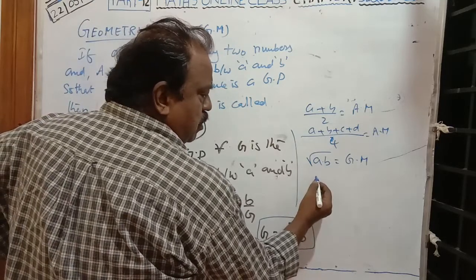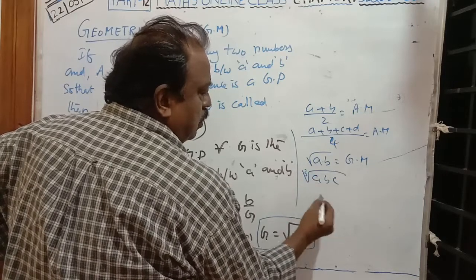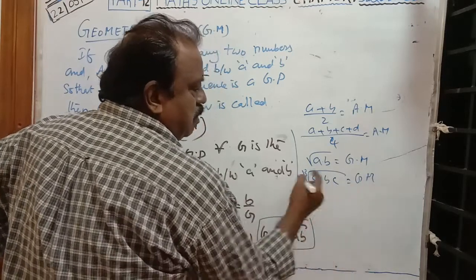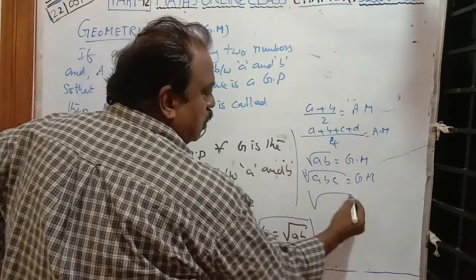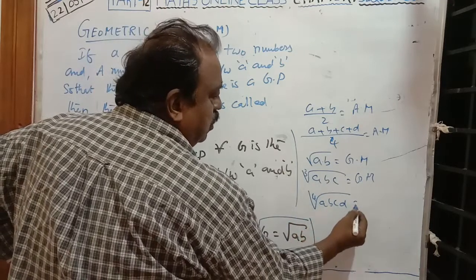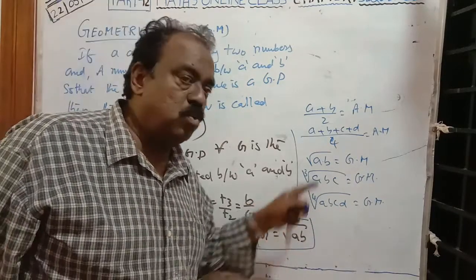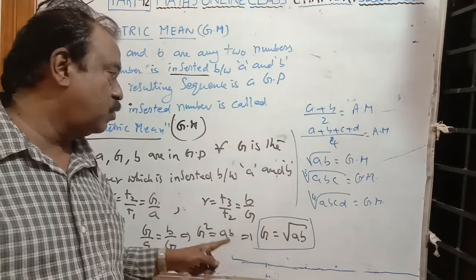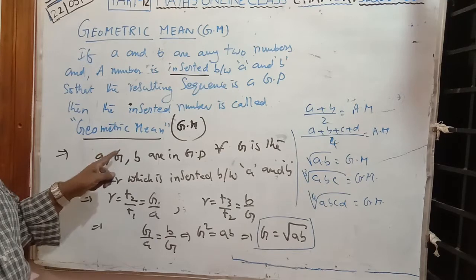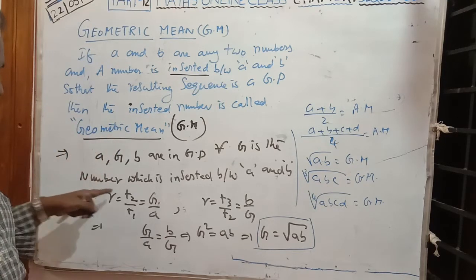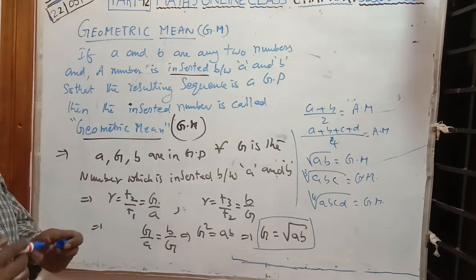Here, the geometrical mean for AB is the square root. For ABC it is the cube root. GM of ABC is cube root of ABC. GM of AB only is the square root. Suppose the fourth root of ABCD is also GM, GM of 4 terms. Here 4 terms, it is 3 terms, it is 2 terms. Here we are getting 2 terms. That is why the inserted number between A and B is the geometrical mean if the series is GP. Like this, go through it. It is a very good concept.